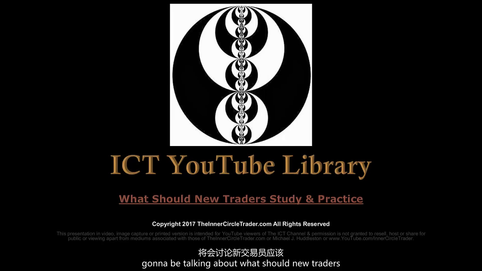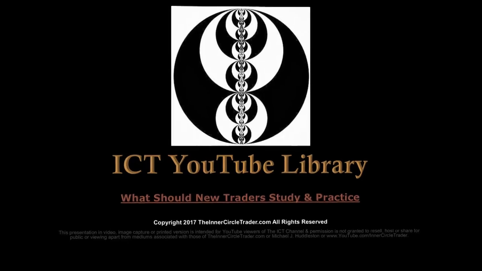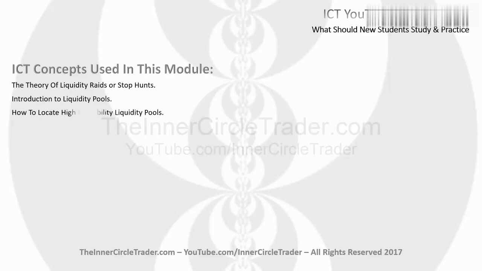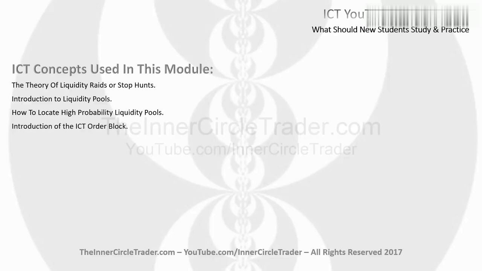We're going to be talking about what new traders should study and practice. So what's going to be covered in this module? The ICT concepts used in this one are the theory of liquidity raids or stop runs, an introduction to liquidity pools, how to locate high probability liquidity pools, and an introduction to the ICT order block,